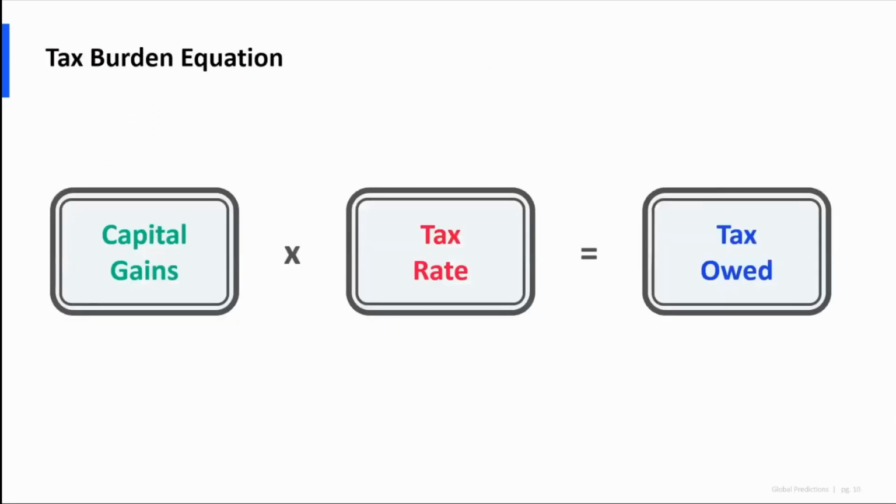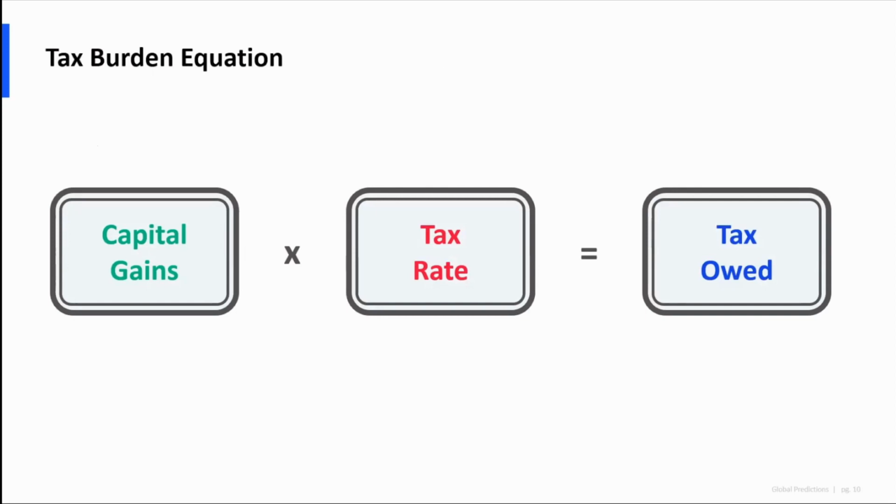So before we get to the harvesting portion, let's just talk about how capital gains are assessed. It's really, really simple. If you made a capital gain, which we'll define in a second in terms of how you really calculate and size that, you basically look up the tax rate that you pay on that, which we'll also go through. And then that's the amount of tax that you owe on a particular security that you've sold.